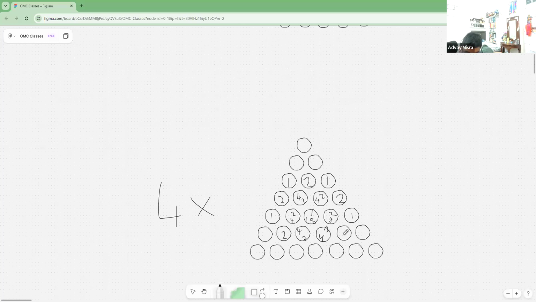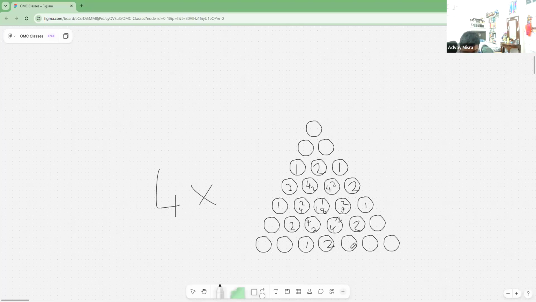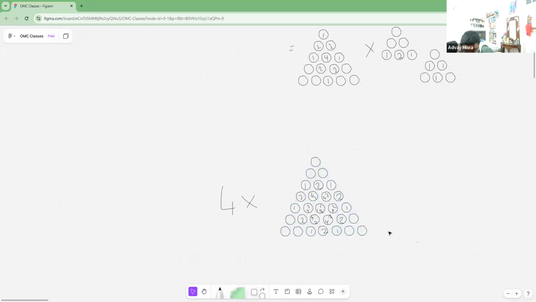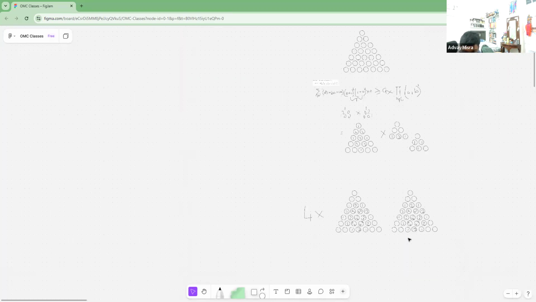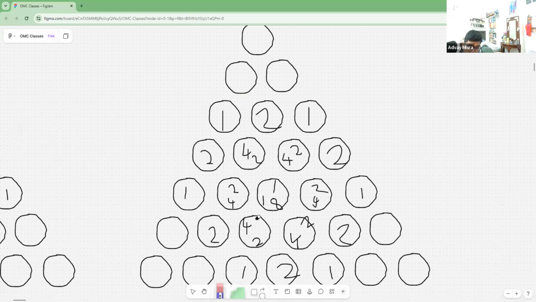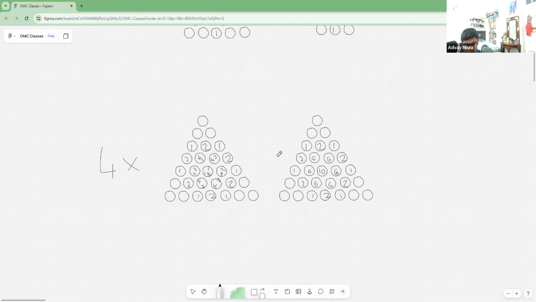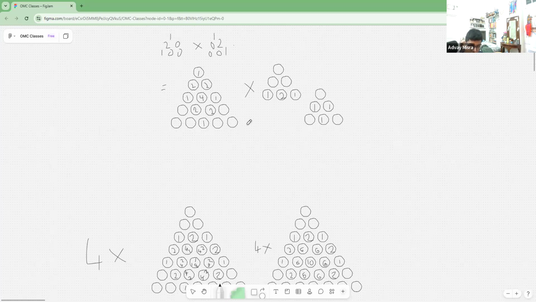We note that we can use the fact that this row and this row are pretty much the same to say that this row and this row will be almost the same. So it's 4 times this,